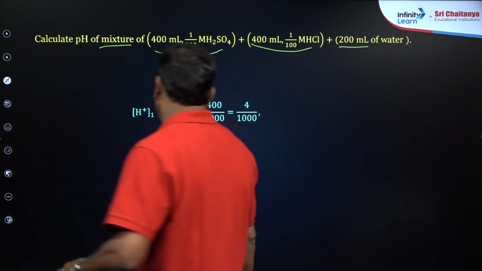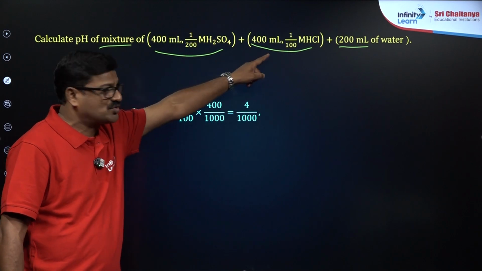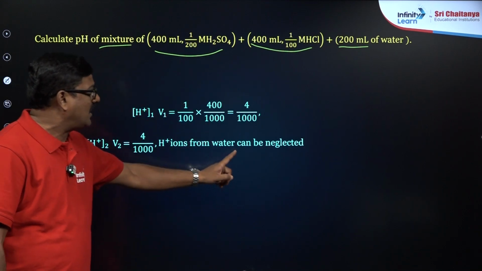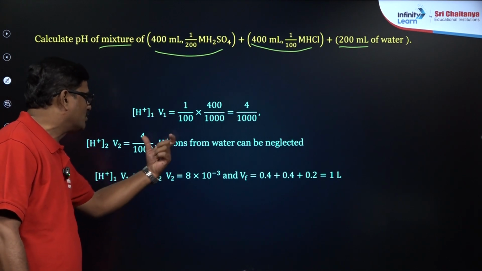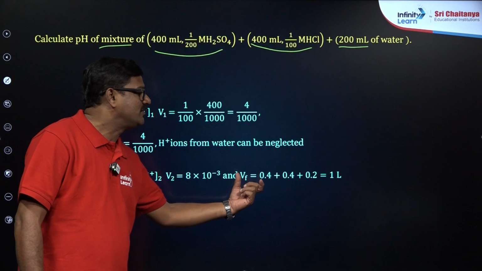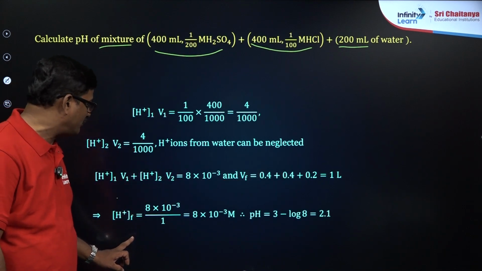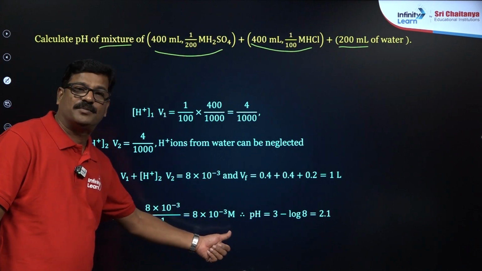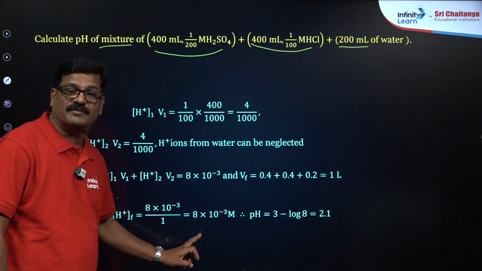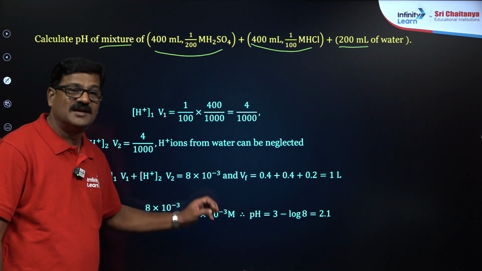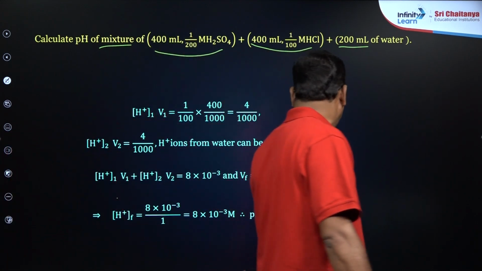When we go for this mixture, H1V1 is calculated. This is H1V1, and H2V2 is calculated, and 200 ml of water is also added, and H1V1 plus H2V2 is diluted, so that the total volume is going to be 1 liter, and from there H+ final is going to be this much, 8 into 10 power minus 3 molar. From this you can calculate the pH, which is equal to the negative logarithm to the base 10 of 8 into 10 power minus 3, so that is 3 minus log 8, so it is going to be 2.1, the answer for